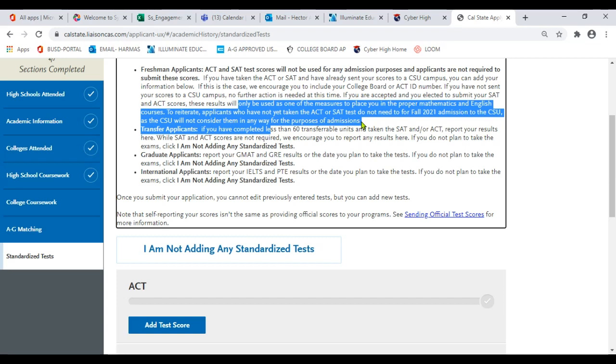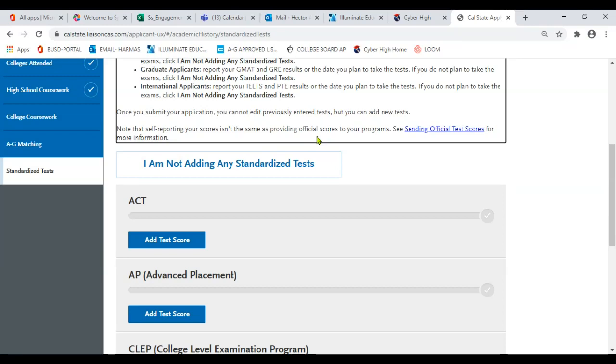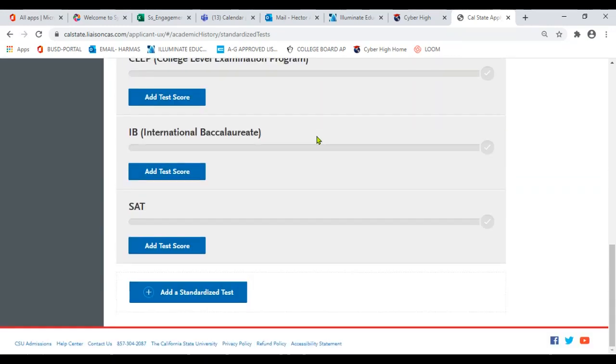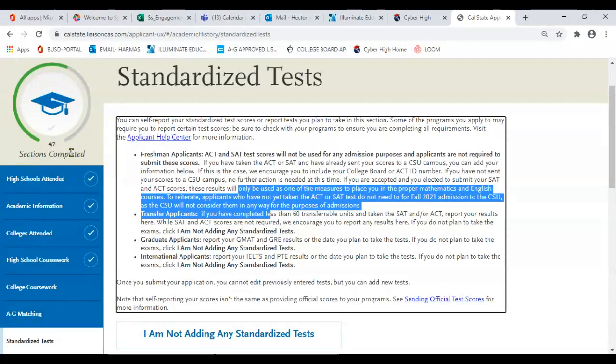That's all our seniors right now, as the CSU will not consider them in any way for the purpose of admissions. Okay, so since I haven't taken my SAT test and I'm not going to submit any SAT scores, I'm just going to basically ignore this area, and we are done with the